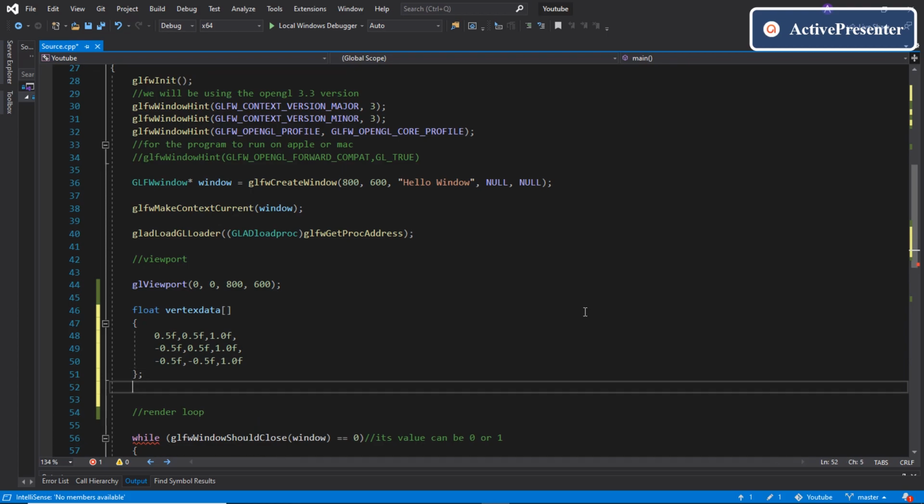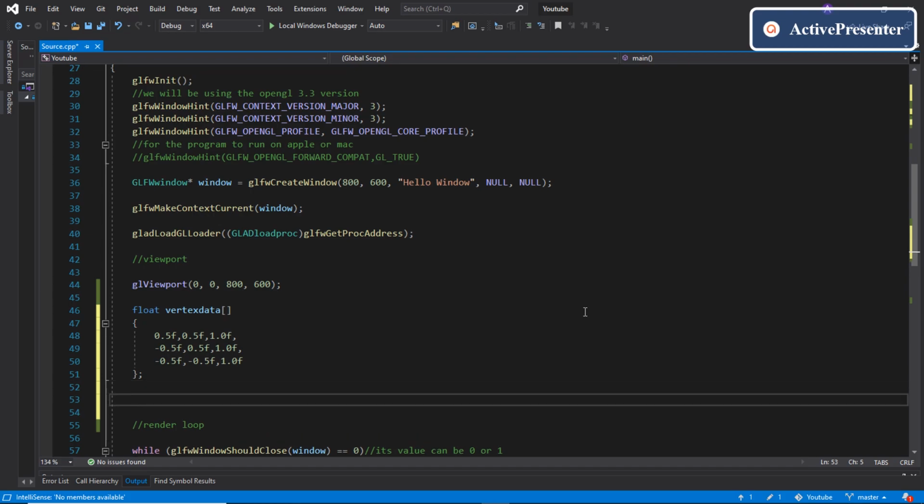Now, as you might remember, the second step was sending this vertex data into the GPU and storing it inside a buffer. So, to control this buffer, we'll use a buffer object. Yes, this is the first instance of OpenGL objects in coding. So, I hope you remember the concept of OpenGL objects. Now, we'll learn how to code OpenGL objects in our OpenGL code.